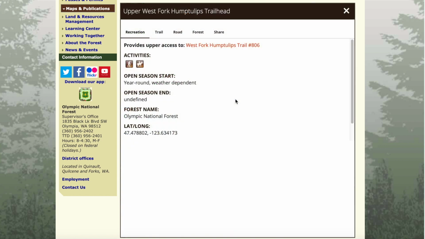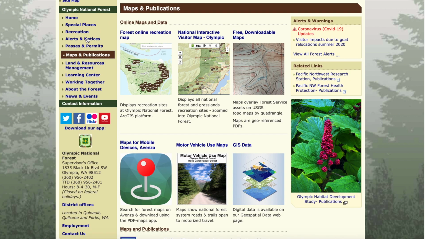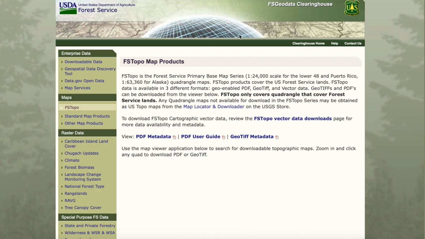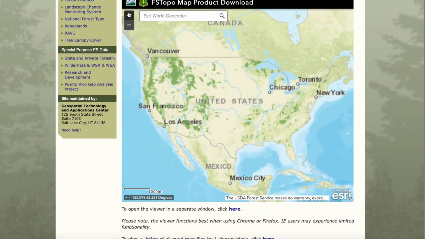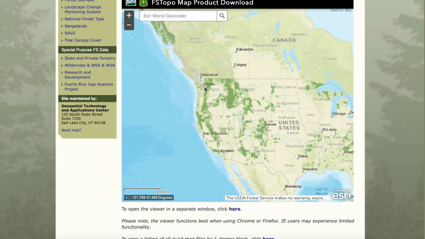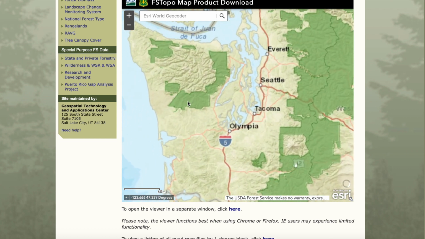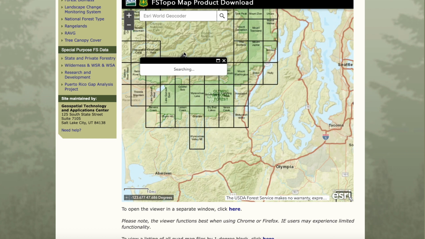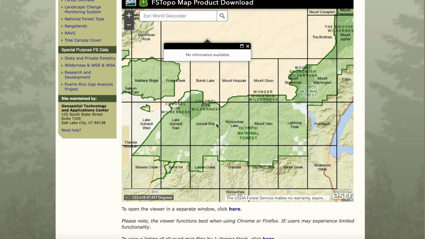So we have a trail here, and nobody goes on these trails. Like, nobody ever talks about them because there's no infrastructure for people to go to and park at. So let's go look at the maps and start zooming in here a little bit more. And zoom in some more. Now look at this. Let's look at the Colonel Bob map. What an awesome name, Colonel Bob. Hey, Bob. So we can download the PDF,